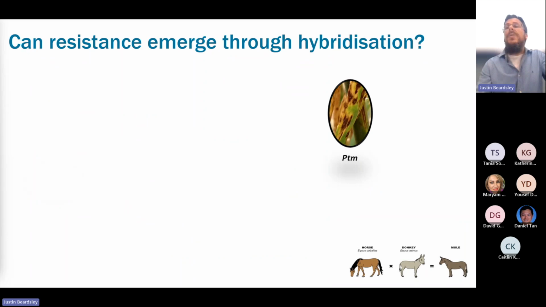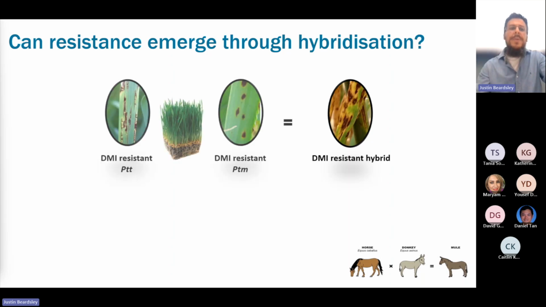Now, we thought it was actually PTM, but the symptoms were a bit different. In the lab, we call it the leopard. For reasons I'm not going to explain now, after a lot of molecular analysis, we found out that it's a hybrid between these 2 different species, PTT and PTM. These hybrids have been found rarely in nature, but what we found in this field was just this hybrid. It was nothing else, only the hybrid. It was super competitive, and it was just displacing everything else.